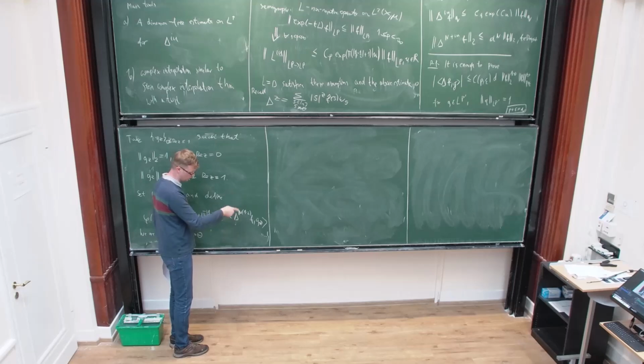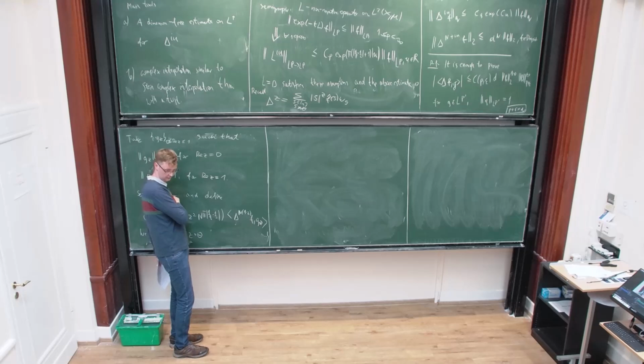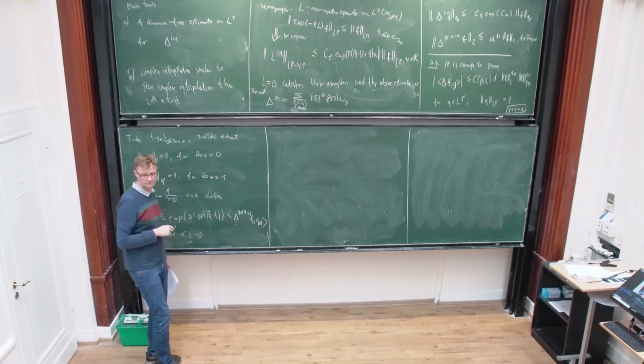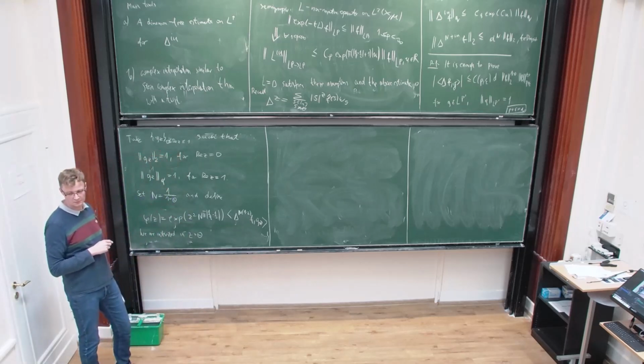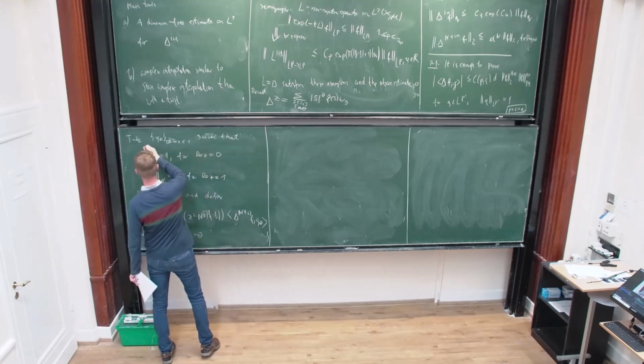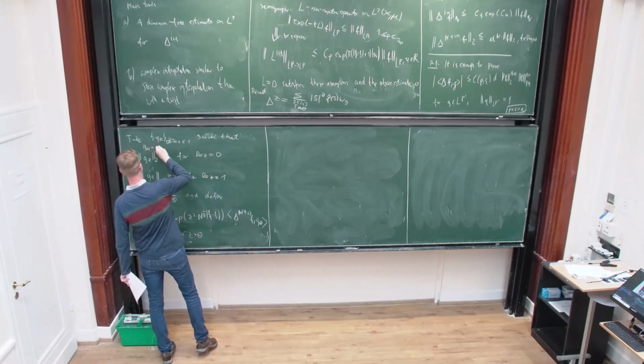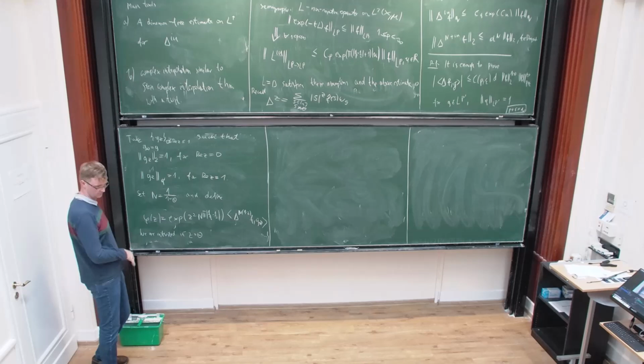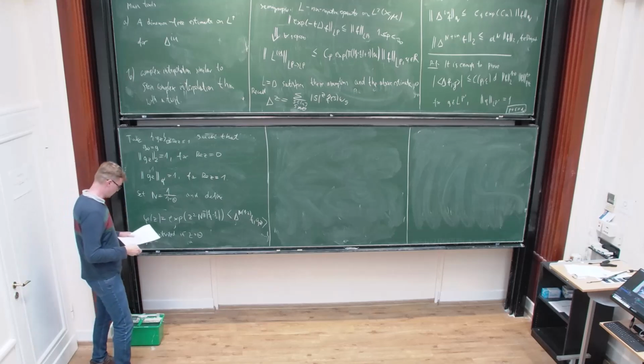If it was the estimate for the k power, I would need to modify the definition of this n. It would need to be k over 1 minus k. So g sub theta is equal to g? G sub theta is equal to g, yes, I forgot to mention this. Yes, g sub theta is equal to g. Right, so this can be done in this way. It satisfies these three conditions.